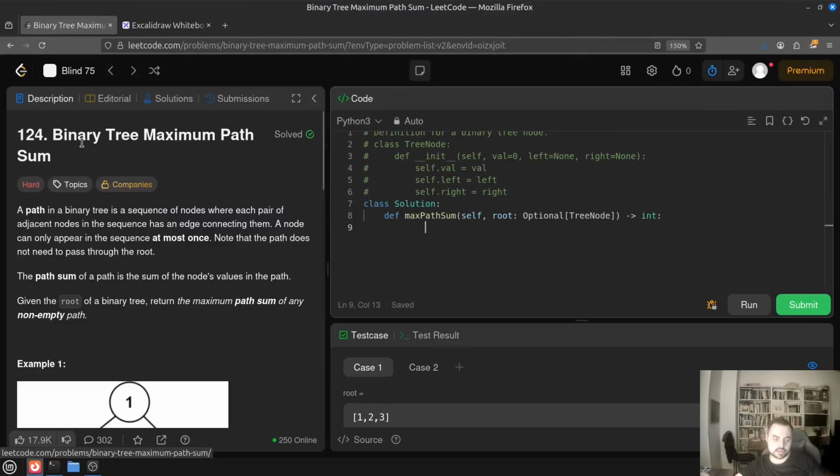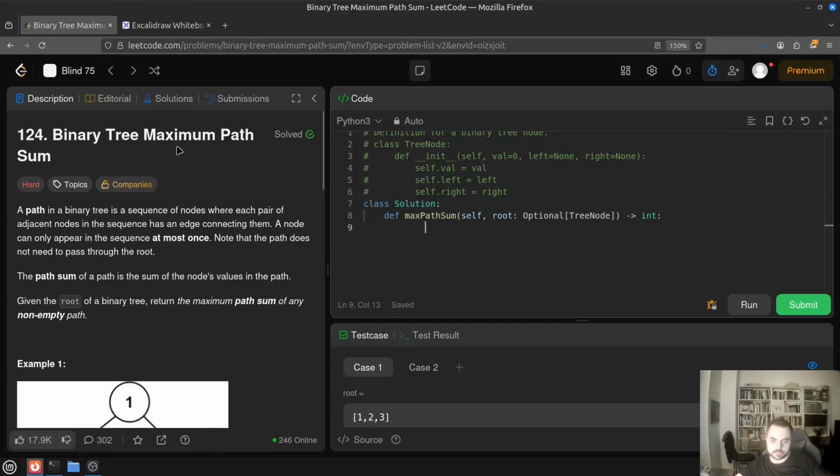Leetcode 124, binary tree maximum path sum. We will have trees, special case of trees, binary trees which have nodes that can have at most 2 children. And we want to find a path, very common scenario for dealing with trees or graphs, meaning a collection of nodes, and we want to have it optimized in such a way that we will have a maximum sum along